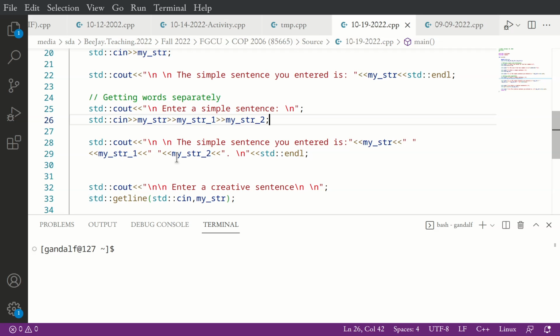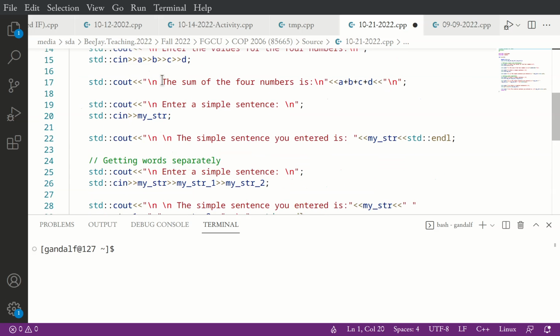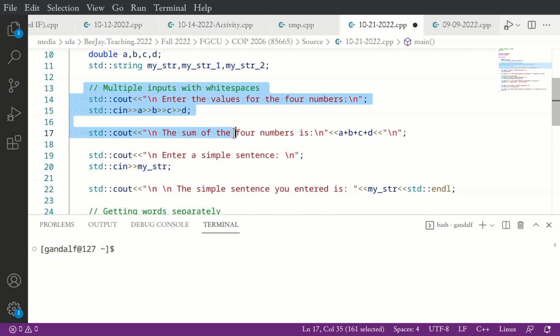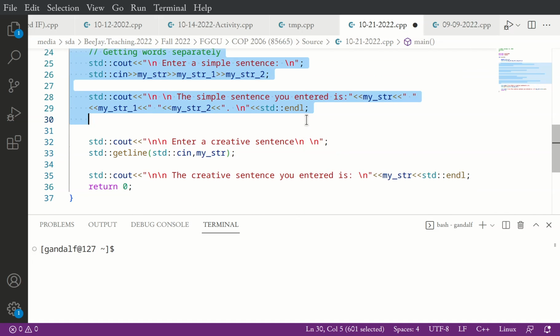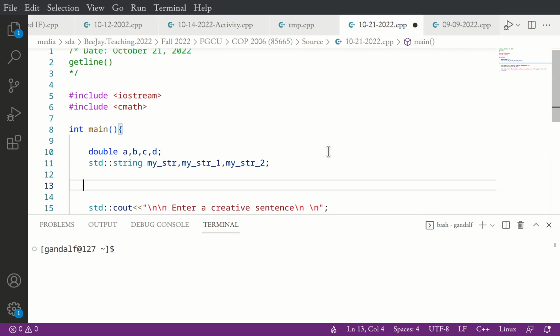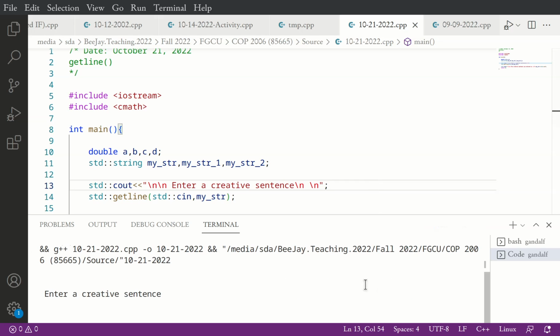That said, I can go ahead and delete what we did last time. So that's the number part, single sentence, getting words. And all I want is that. Okay, give me a creative sentence.